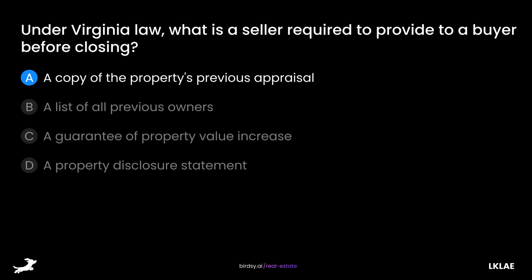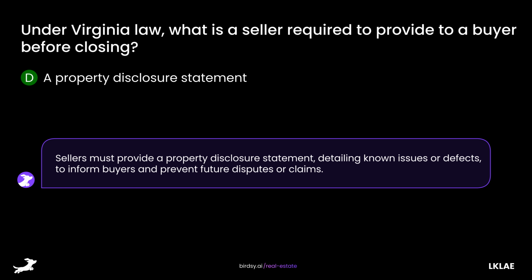Is it A, a copy of the property's previous appraisal, B, a list of all previous owners, C, a guarantee of property value increase, or D, a property disclosure statement? The answer is D, a property disclosure statement. Sellers must provide a property disclosure statement detailing known issues or defects to inform buyers and prevent future disputes or